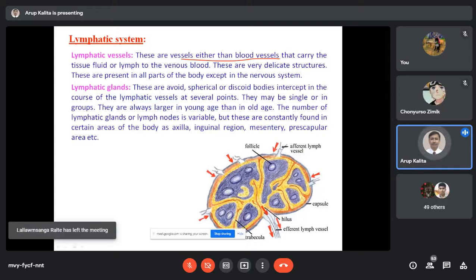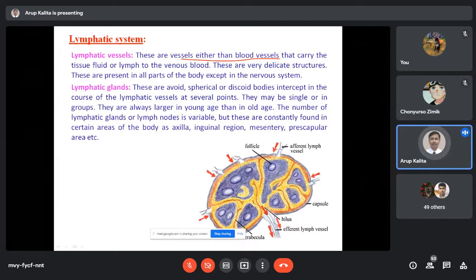Arteries do not possess valves because the force of blood in the artery is very high. So there is no possibility of reverse flow of blood in arteries. But in the vein it is slow, so it carries valves. Similarly in the lymph also, the flow is very slow. That is why it carries valves.